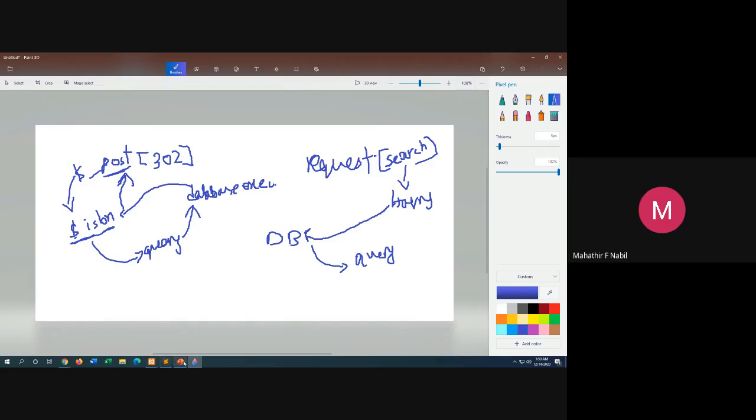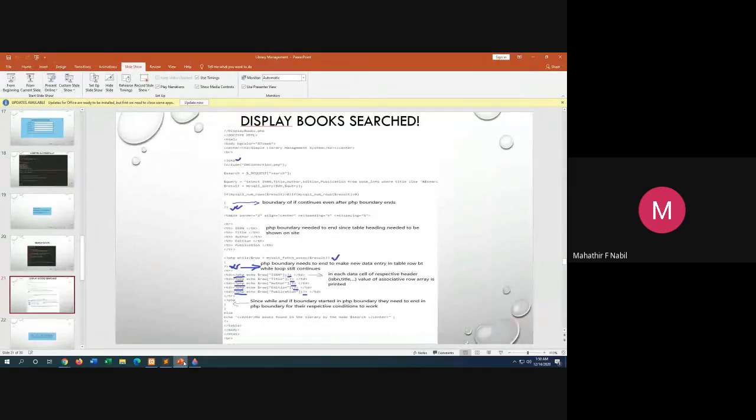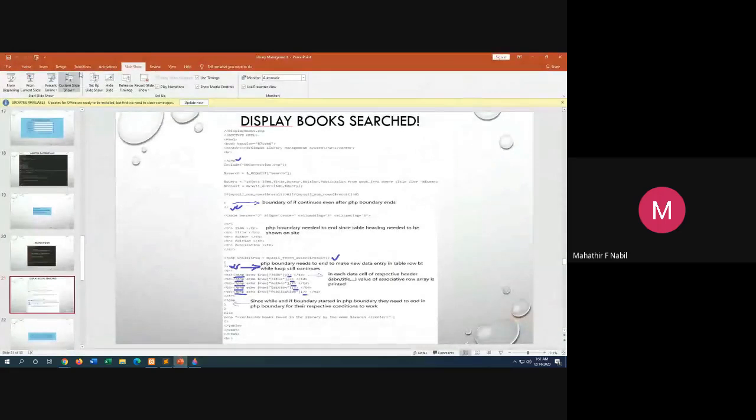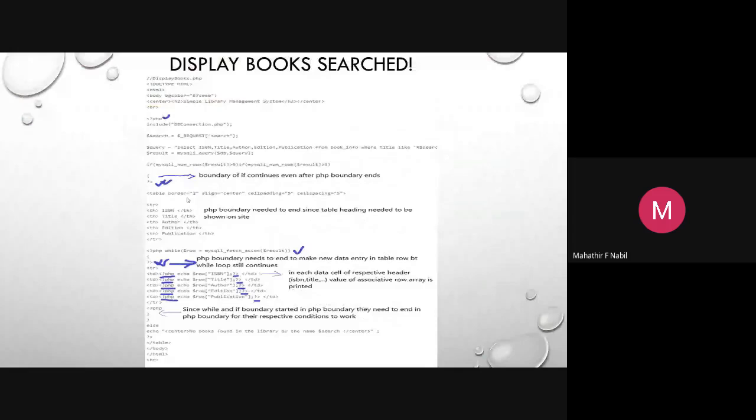What was it? Wait, let me see again. Result equals to, okay. So, suppose the name Harry, right? The name Harry, related to that is information, this entire row of information. So there is one row. If there are even more names related to Harry, then they will come, right? So there are more than 0 rows. There are more than 0 rows, right? So if mysql,